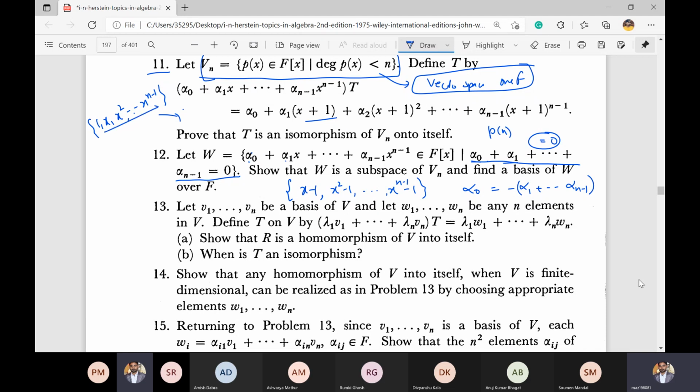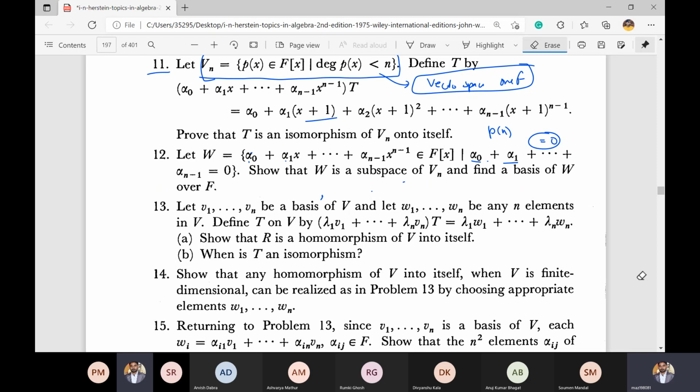So if we make the coefficient sum of each polynomial 0, just as a visualization, it's not the complete solution, but after getting the solution you can think like this: 1 minus 1, x minus 1, x square minus 1, up to x^(n-1) minus 1. So this will become 0, and you can remove this one because if 0 is there it will make the set linearly dependent. If you remove this one, then you will get a linearly independent set, and the condition that the sum of the coefficients plus 1 minus 1 becomes 0. Now to prove, we take any,